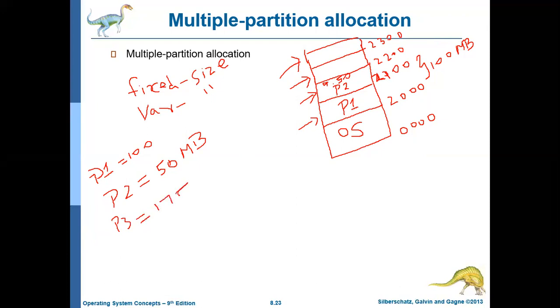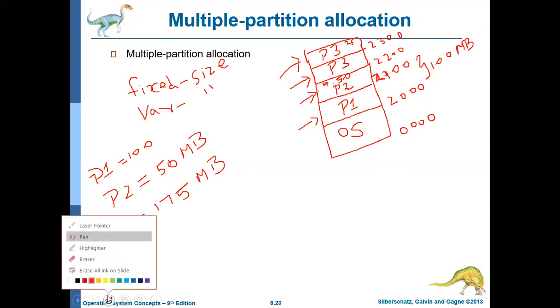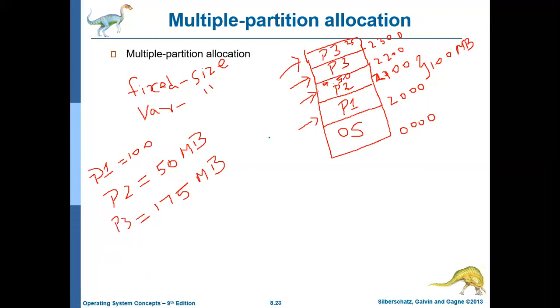The operating system will allocate the next slot for P3, but it has only 100 MB, so it will allocate another slot as well. Here it needs only 75 MB, so 25 MB in this block will be wasted. Together with the 50 MB wasted for P2, the total wastage is 75 MB.